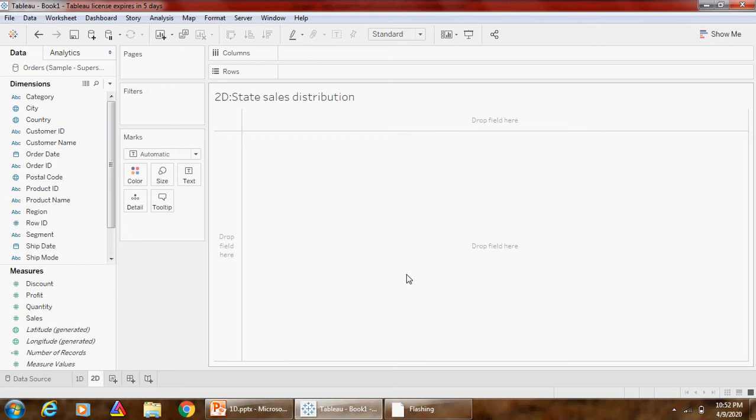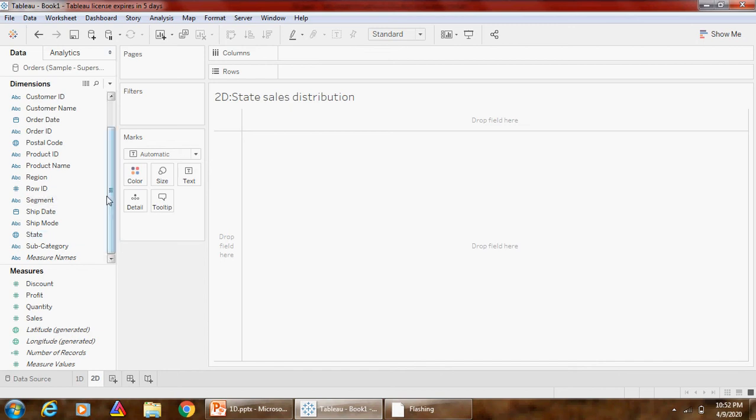To build a map chart, your data source must contain location data. So here our data source has some location fields like city, country, postal code, and one more is state. So you can use any one. As here we want state-wise sales distribution, I will use the state dimension.